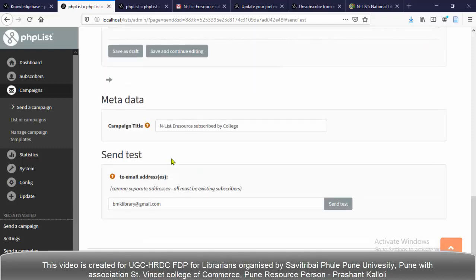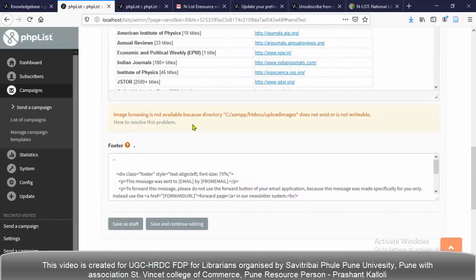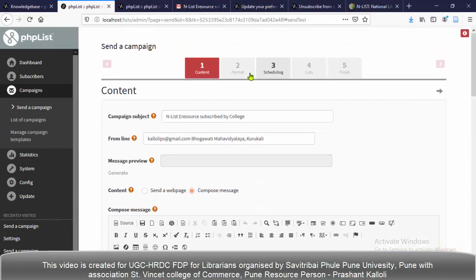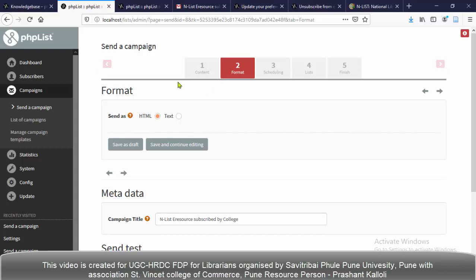After saving the information, I am going to tab 2, that is the format. I am clicking tab 2, format. The format page appears. Here we have two options: one is HTML and the second is text.